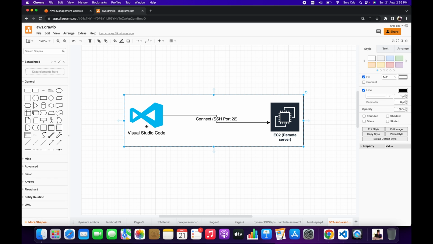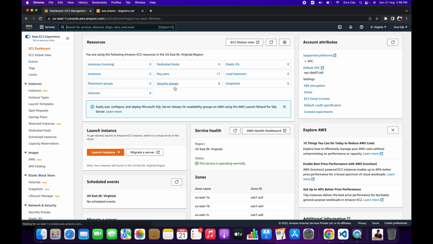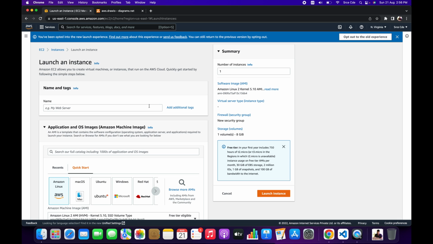As a next step, let's launch a dummy EC2 instance that will act as the remote server for the purpose of this video. So let's navigate to AWS Management Console and then let's navigate to EC2 Management Console. Now once you are within EC2 Management Console, click on Launch Instance. As a part of this, we need to enter few details to successfully launch an EC2 instance. First is the name, so I will say Remote